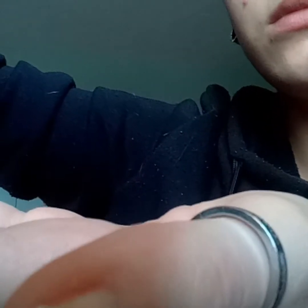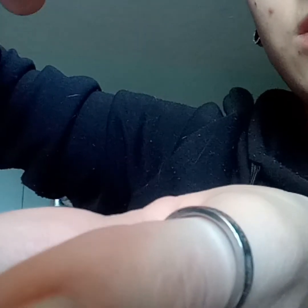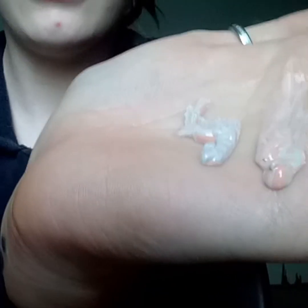Alright, so it comes with their little pumper here. Let's see. Ooh. Okay. So this is what we're working with here. It's pretty runny there, but you can see all 3 of the different colors in it. So I'm just gonna mix it together,